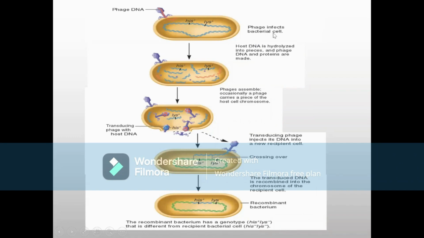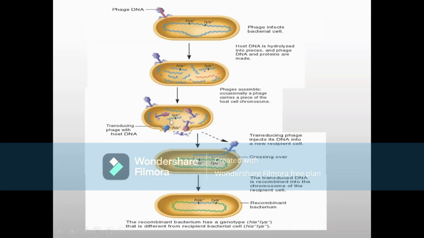Then the phage infects the bacterial cell and injects its genetic material into the host. In the lytic life cycle, with a probability of 10 raised to minus 5 to 10 raised to minus 6, that is, 1 in 10 raised to 5 or 10 raised to 6 phages,